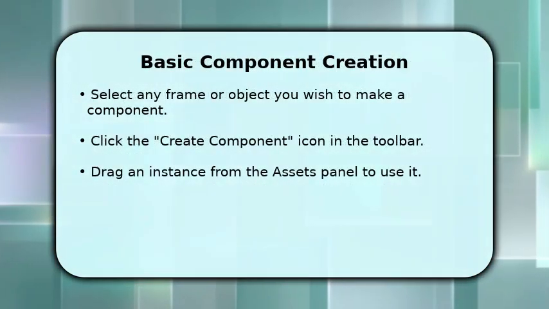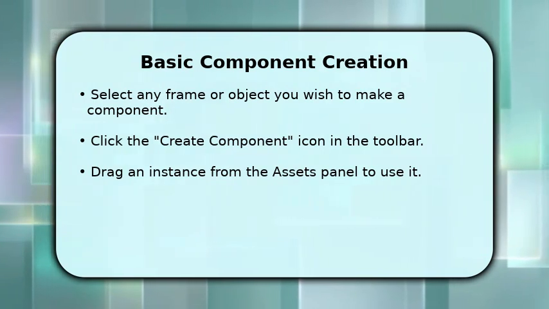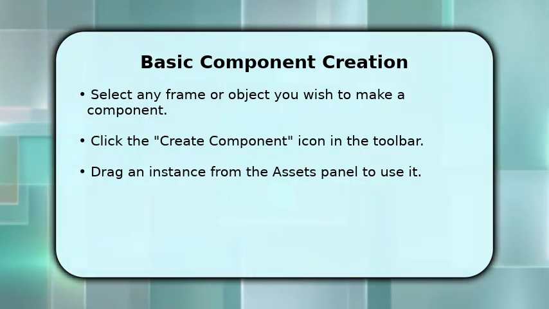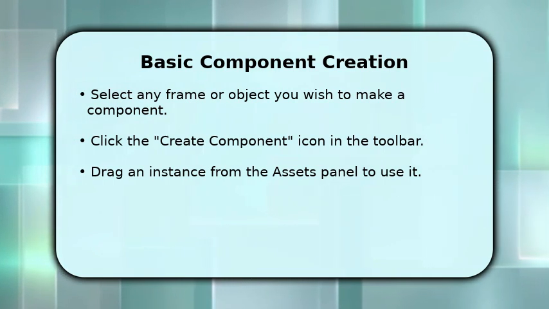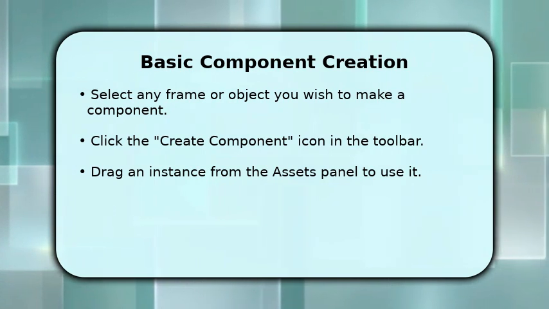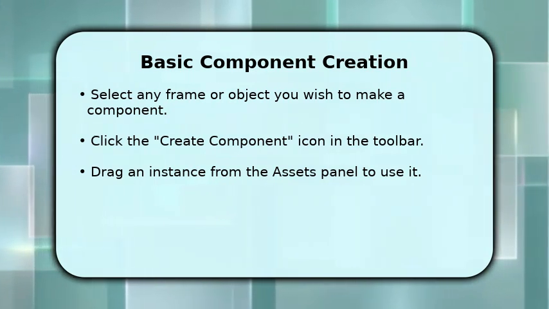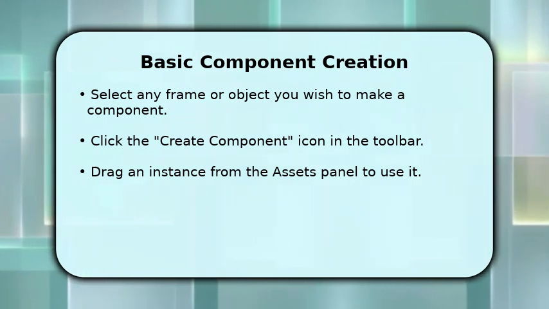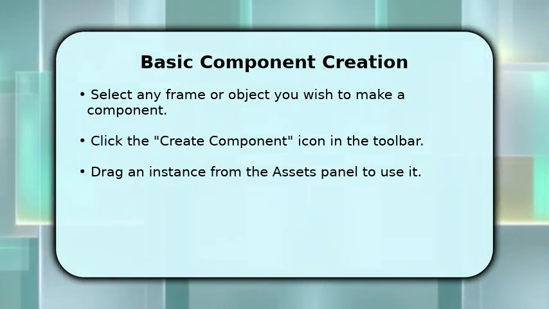To create a basic component, simply select the frame or object you want to reuse. Then, click the Create Component icon in the toolbar, which looks like 4 diamonds. Your selected element will transform into a master component. You can then find and drag instances of this component from the Assets panel onto your canvas, ready for use